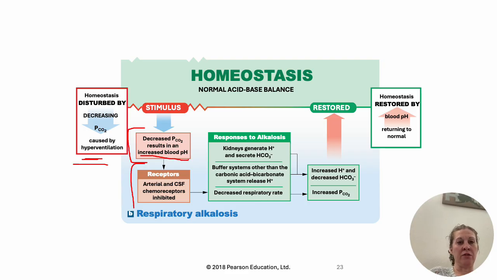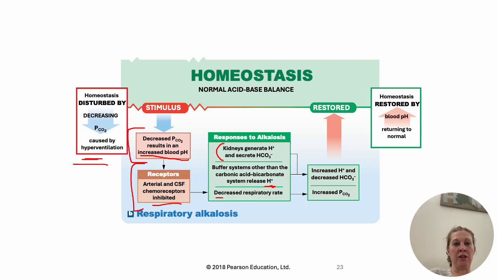arterial and cerebrospinal fluid chemoreceptors are actually inhibited. That means that the kidneys generate the hydrogen ions and secrete bicarbonate, so they reverse their process. The buffer systems, other than the carbonic acid bicarbonate buffer system, release hydrogen ions. So those proteins that we talked about, the protein buffer systems and stuff, they start to release the hydrogen ions